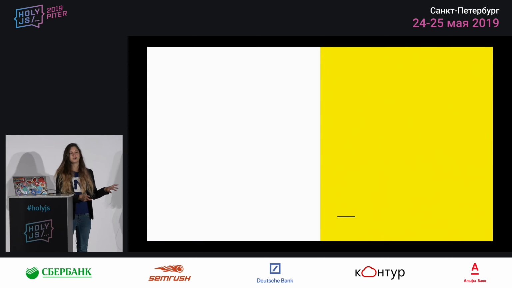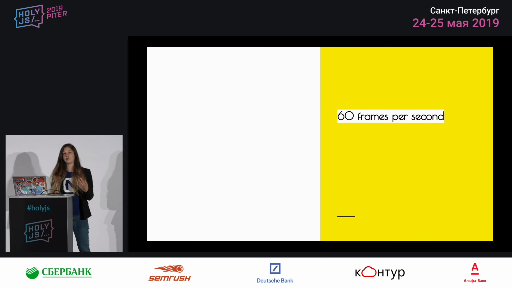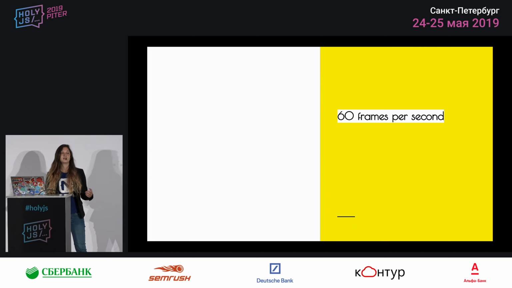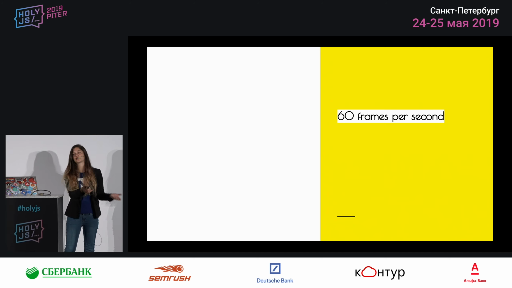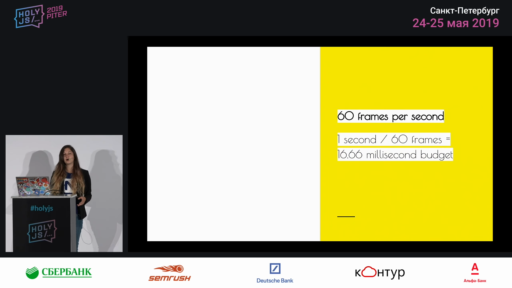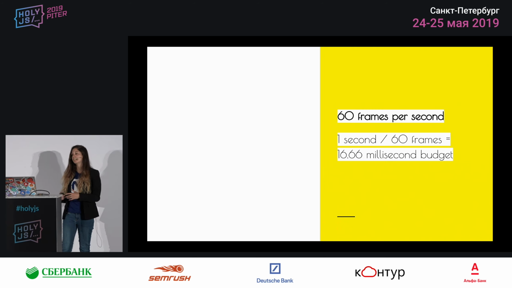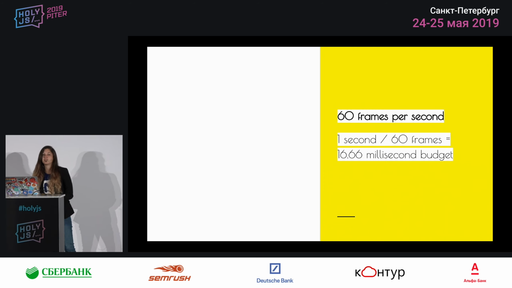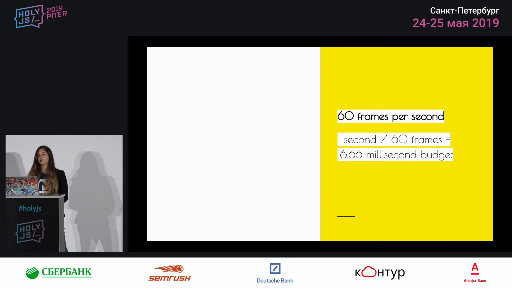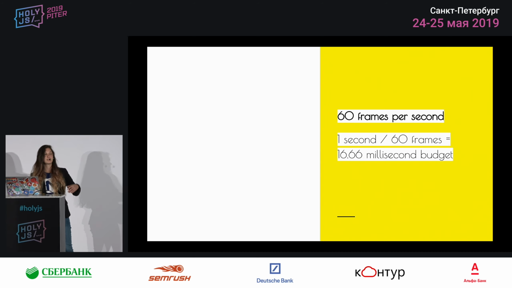But let's start from a little bit afar. Our modern devices operate at a frame rate of 60 frames per second, which means that every second they have to draw 60 new images on the screen. If we do some simple calculations, we notice that we have up to 16 millisecond budget for drawing a single image on the screen. And this essentially means that whatever computations we're trying to do at this point in the JavaScript side, we should finish them and be able to delegate the task of drawing something on the screen to